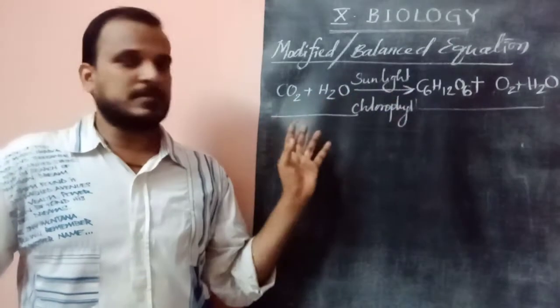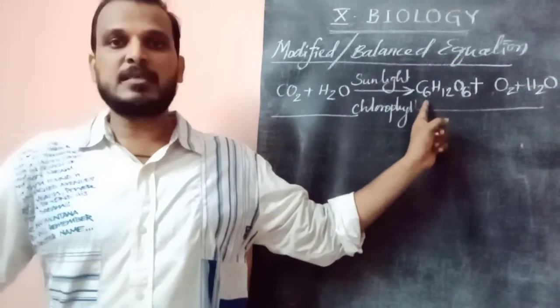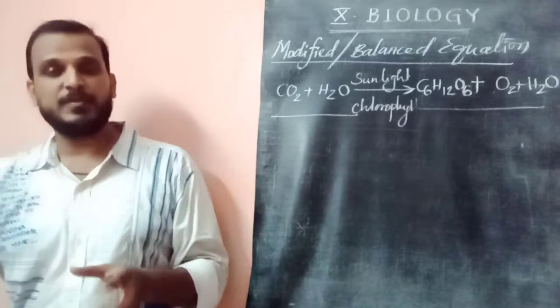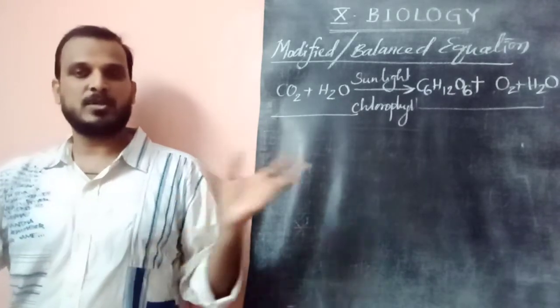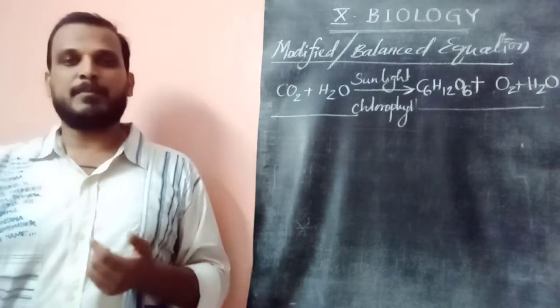But these are not balanced. Here only 1 carbon is participating in the reaction. In the product, how many carbons? 6 carbons. How is it possible? So the equation must be balanced. It is not a balanced equation. It is modifying but not balanced. So the scientists gave the balanced equation as